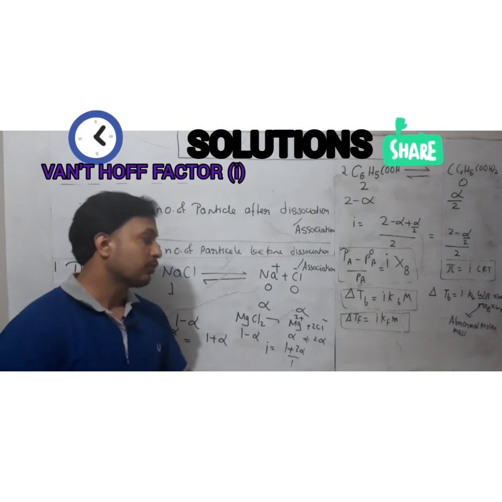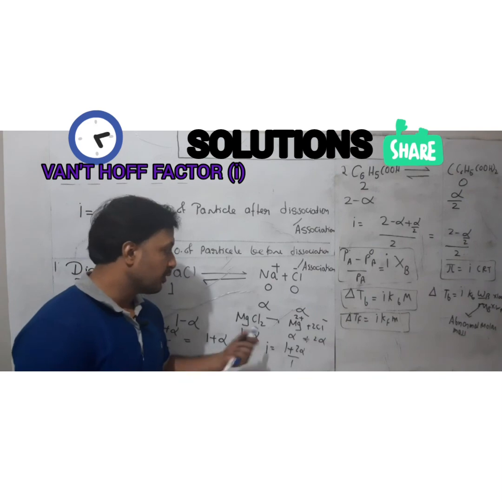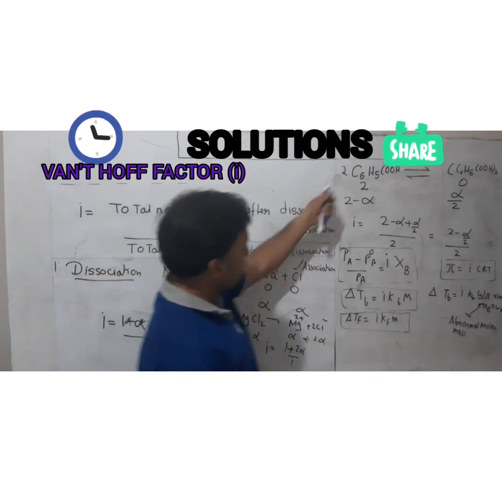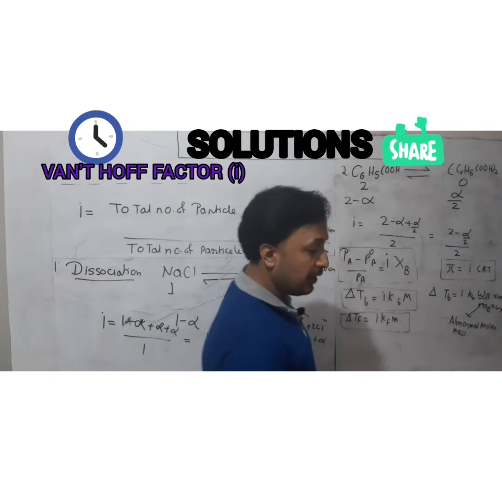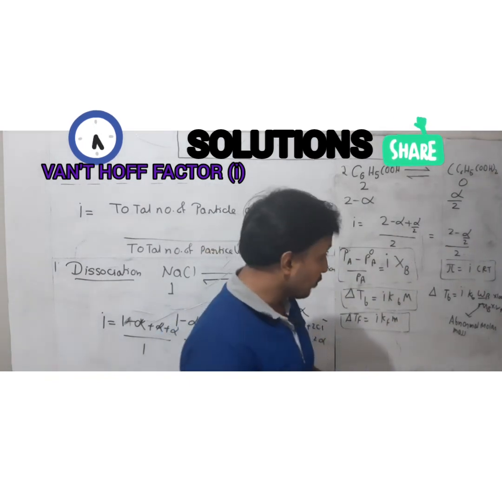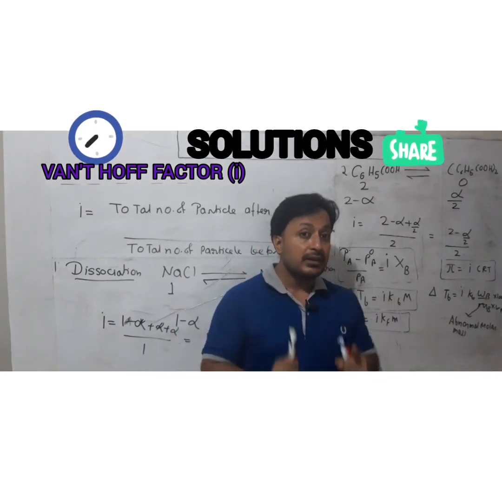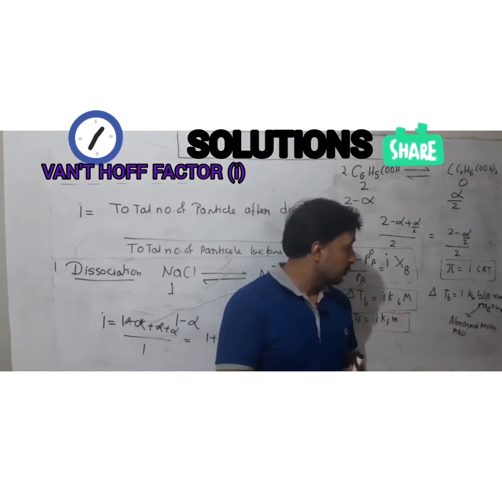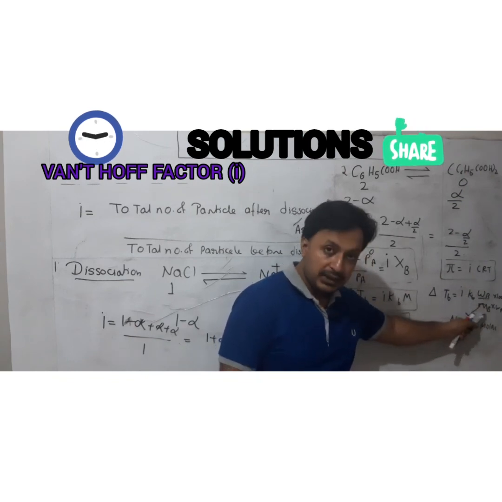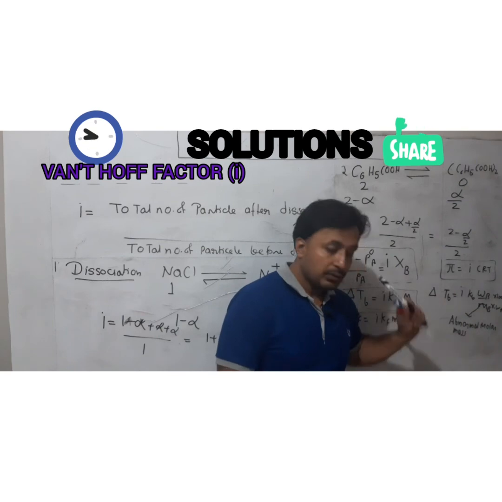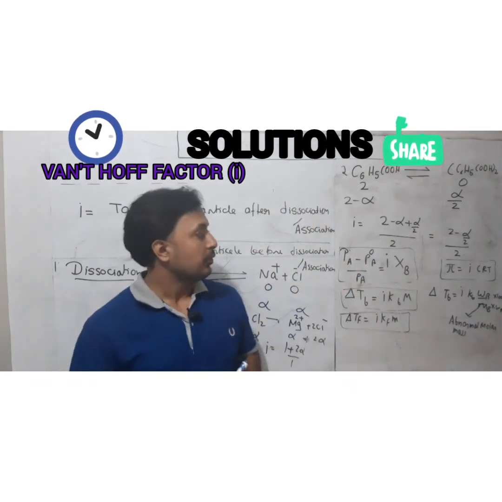So that depends upon the electrolyte, how the equation is going to be. Then if you put the value of degree of dissociation, you can find it easily. And same is in the case of association also. That is how the equations are going to be, and you can find the abnormal molar mass also. Again I am saying, abnormality will be there when the case of dissociation or association is there. Then only you will be finding the abnormal molar mass, that is Mb in this case. So that is one important thing. That is how all colligative properties are all about.